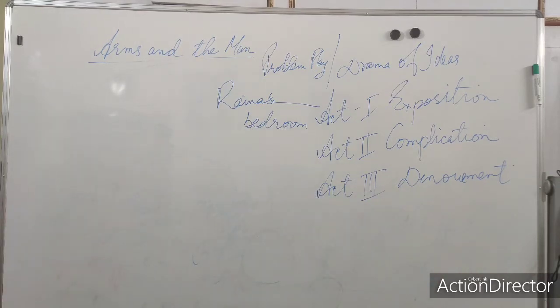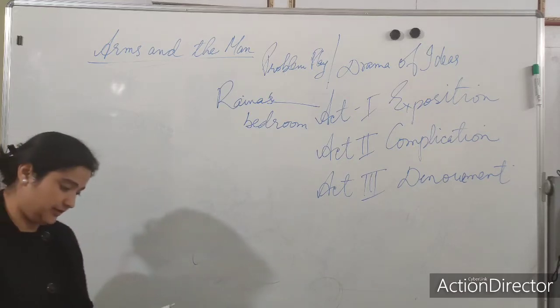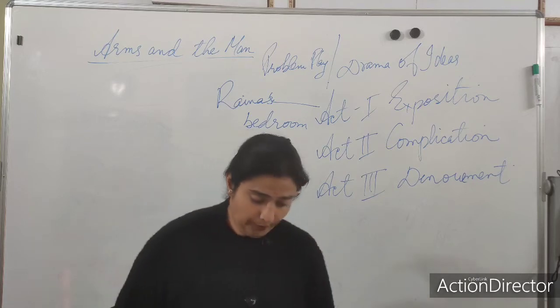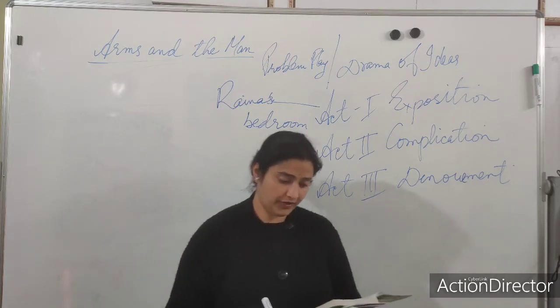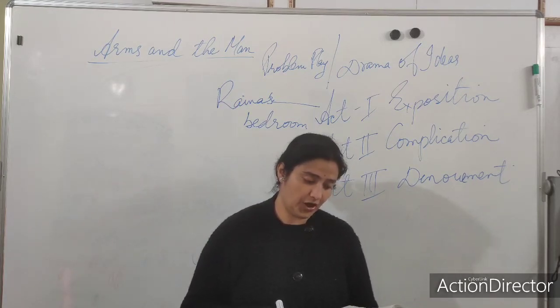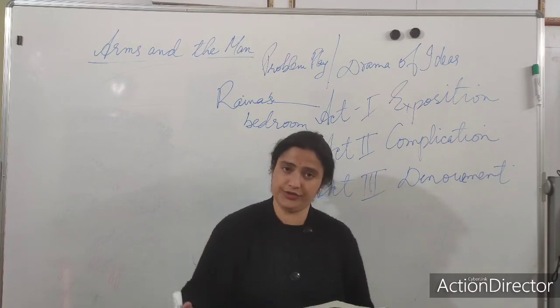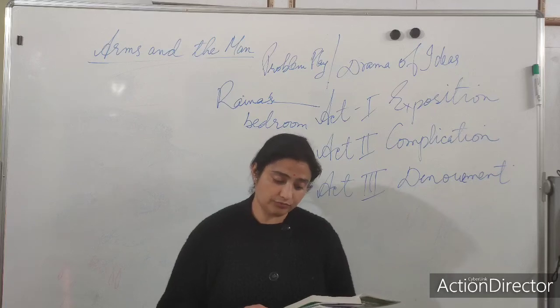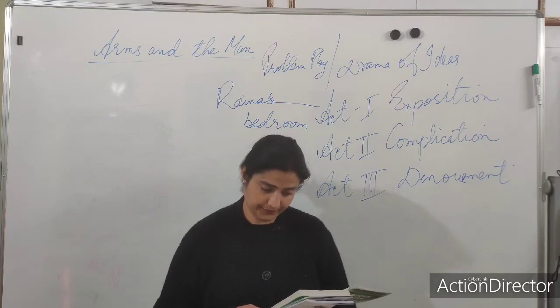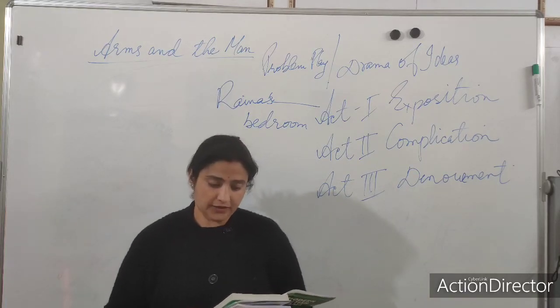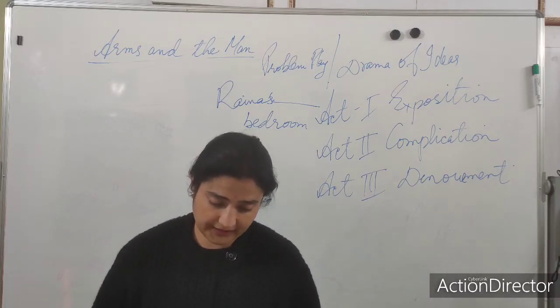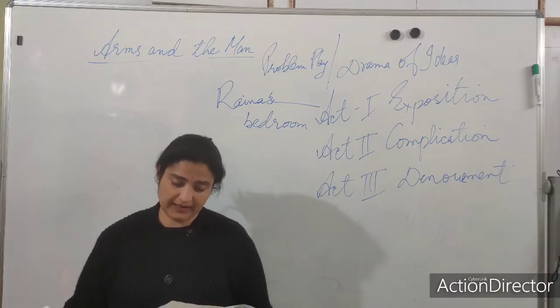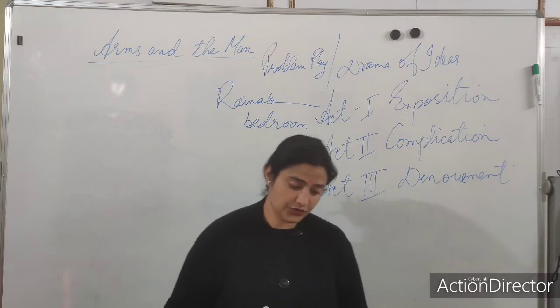It would be good for you to just listen how he has described the setting. The scene opens in a lady's bedroom in a small town near Dragoman Pass in Bulgaria. I've already told you the setting is Bulgaria. It is Raina's bedroom. It is late in November in the year 1885. The shutters of the bedroom open in the balcony. There is a water pipe close to the balcony and it descends into the street.